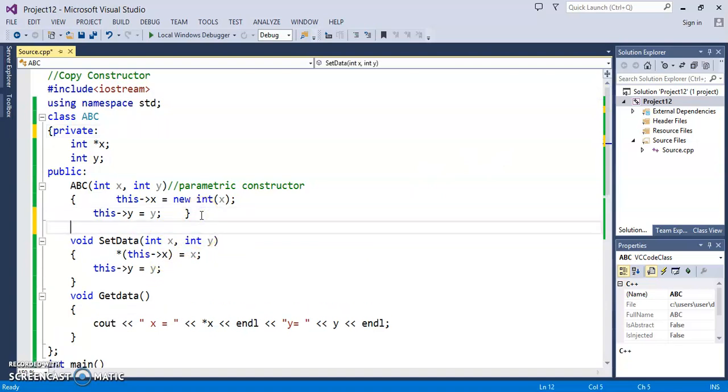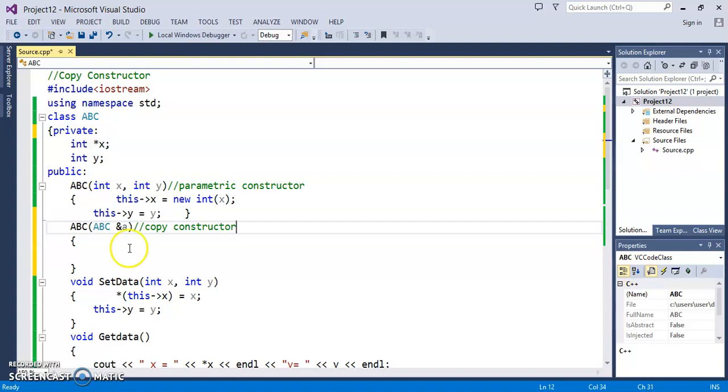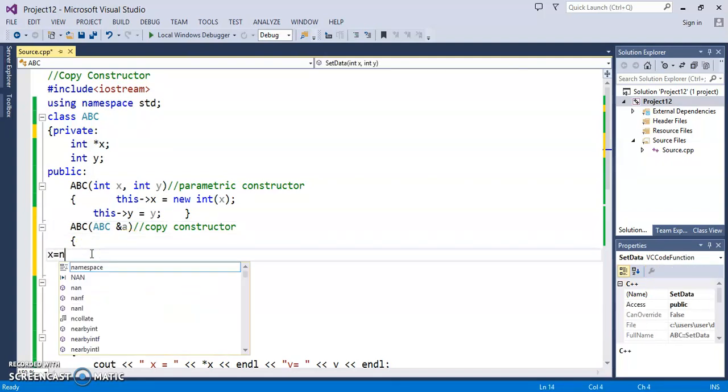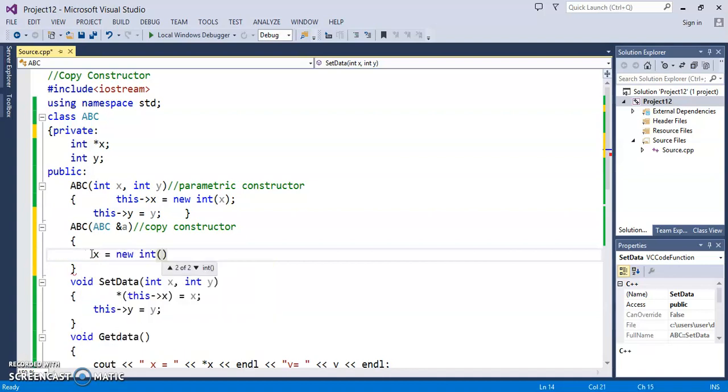So let's write the copy constructor now here, ABC, and this constructor will take a reference of ABC as argument. So here it is, a copy constructor. Now X will be new int, and what value will this new int have?